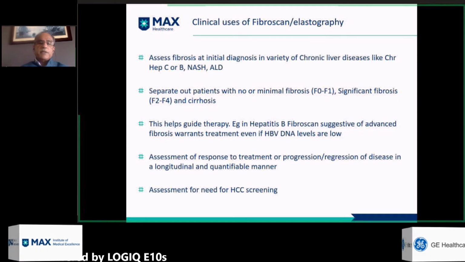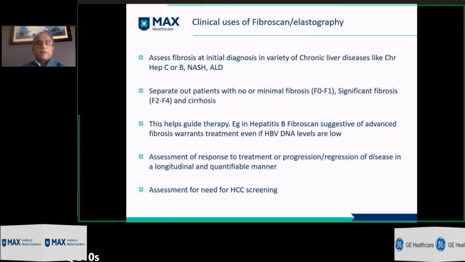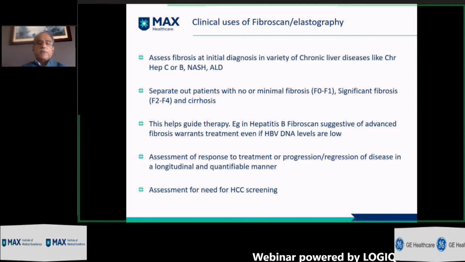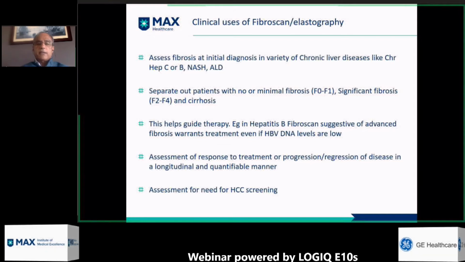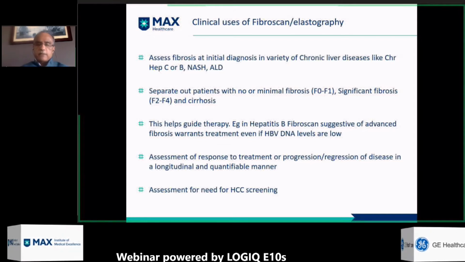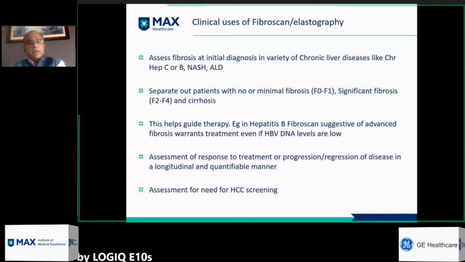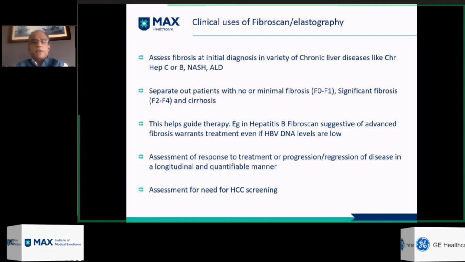Lifestyle modifications in terms of weight loss, diet, sugar control, and hyperlipidemia control all become very important once we have a patient who is already at F2, F3 level or has F4 or cirrhosis. So I think that is where we need these non-invasive markers to help us guide the